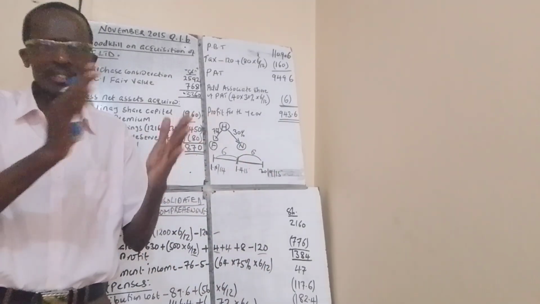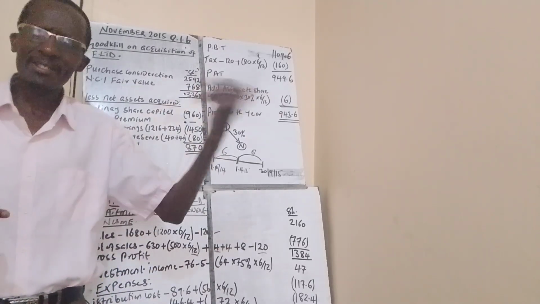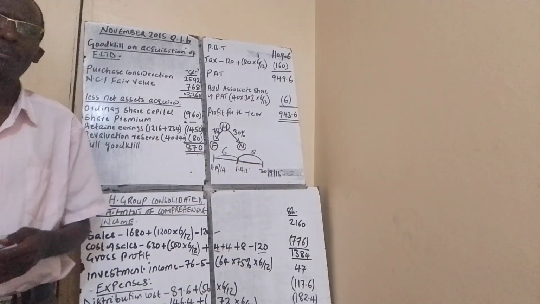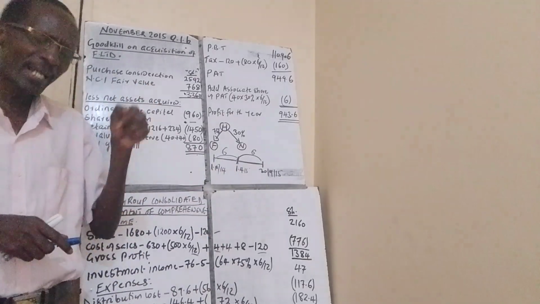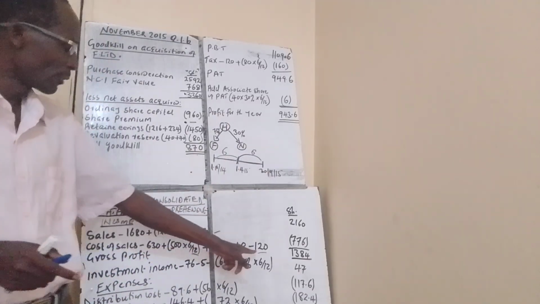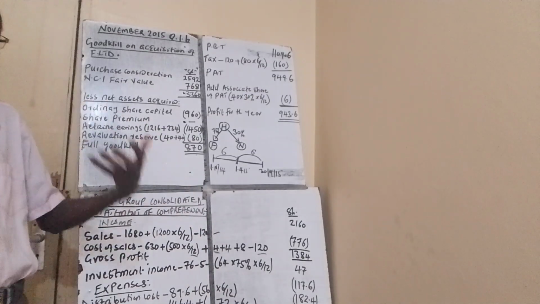Once you amalgamate the sales for the parent and the subsidiary, then you less any total sales which were made. You can't really make sales to yourself. And the same sales must be deducted on the side of the cost of sales. And that is why down here we still deducted 120. Because when I say that